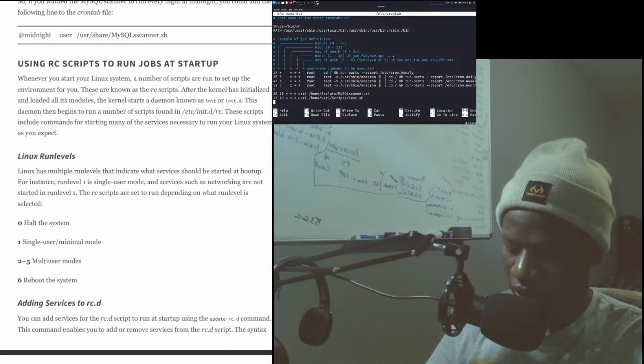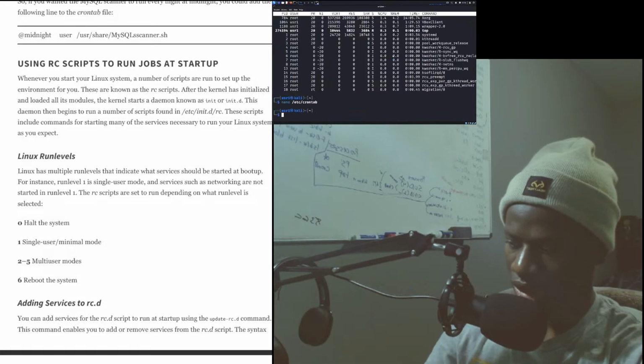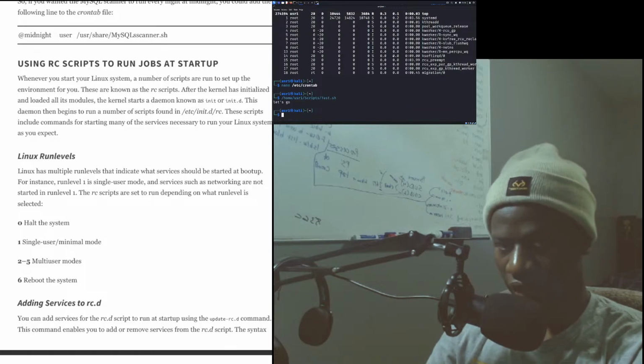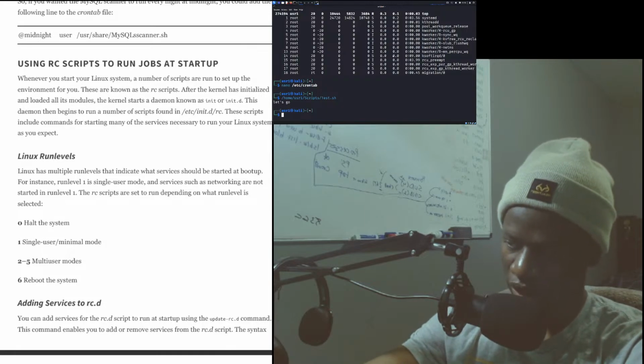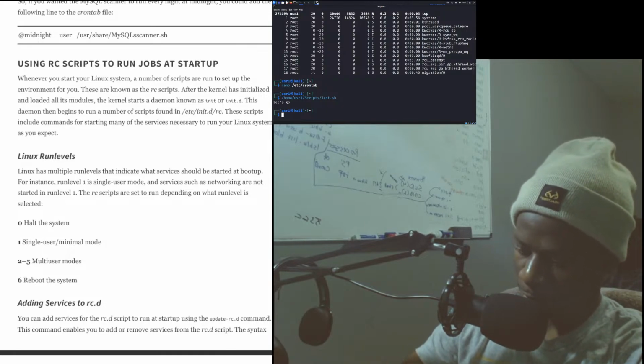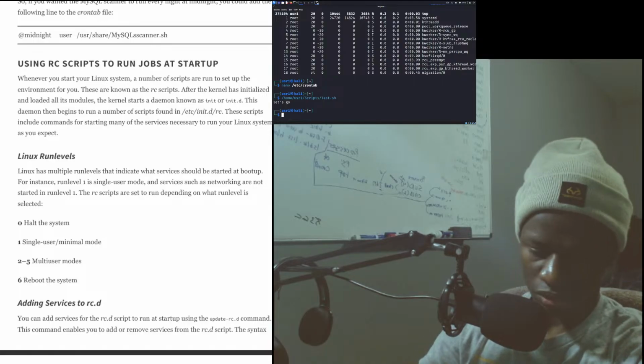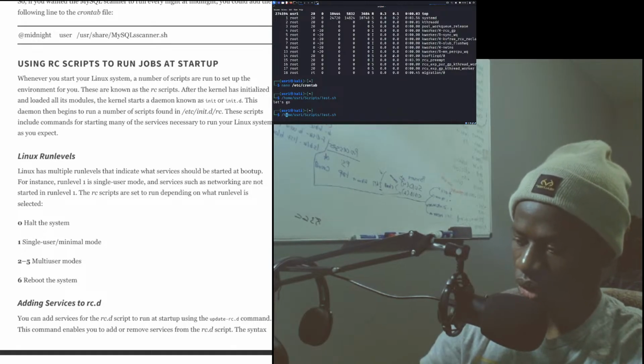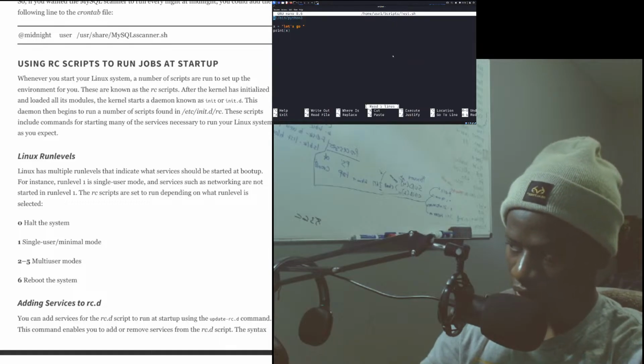So let me try something. Slash home slash user one slash scripts slash test dot sh. Yeah, if it runs that, it's going to print it. Slash home slash script. Okay, sh. And then if we do nano to that, it takes us to that.